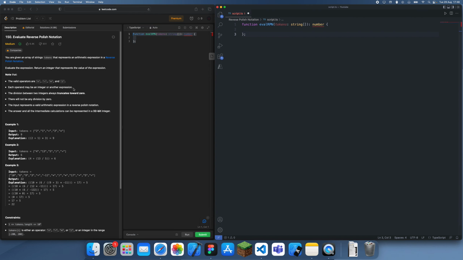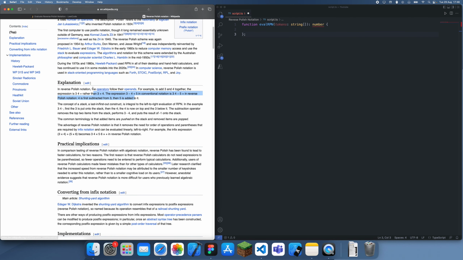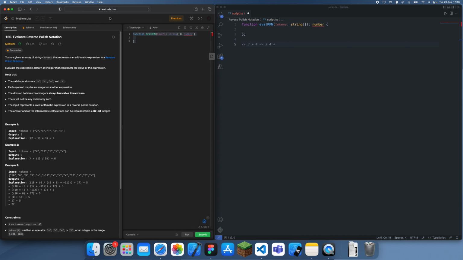Okay, so if you don't know what reverse Polish notation is, they do provide a link to the Wikipedia article, and it's basically another way of expressing arithmetic calculations. So instead of writing 3 plus 4, in reverse Polish notation you'd be writing 3, 4, plus. The reason they do this is so it avoids things like having to use order of operations, and it just makes it a lot easier. I'm pretty sure this was used in the old days in calculators so that the calculators didn't have to do as much processing. So anyways, the question is asking us to take in an input of reverse Polish notation